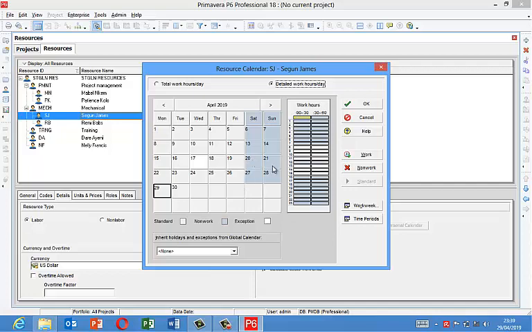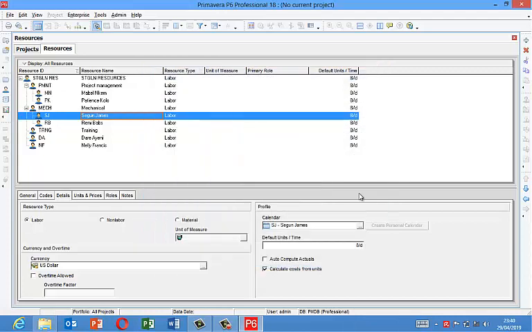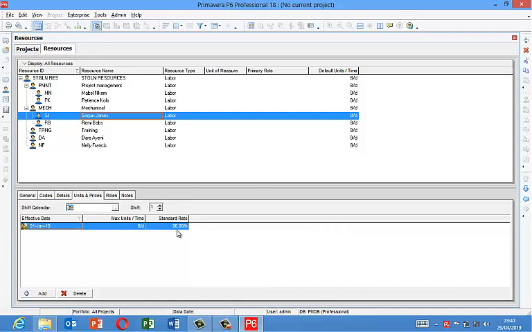Click OK for this. So it's using the same calendar with Sherwin James. Sorry, this is one calendar, create special calendar for him. Okay, different from the previous calendar we're using for the others. So I'll move to unit per price. Okay, entered his rate per hour,